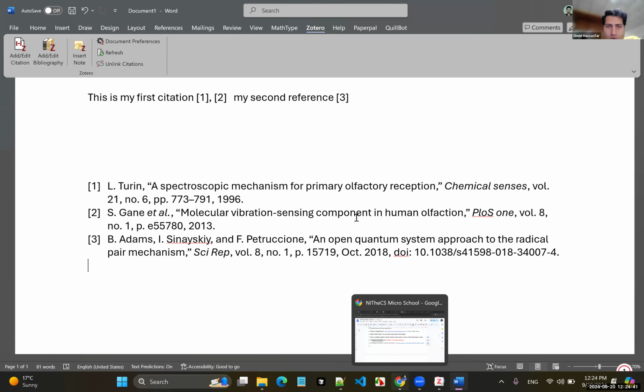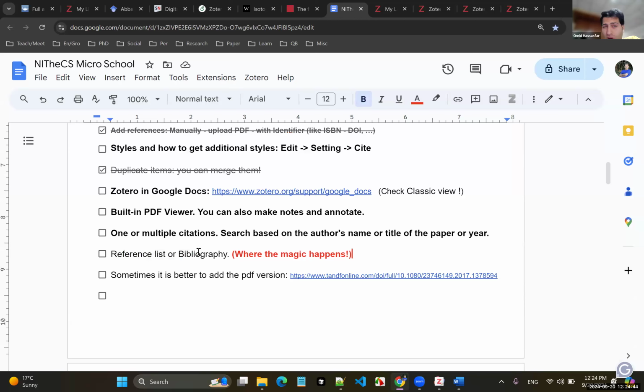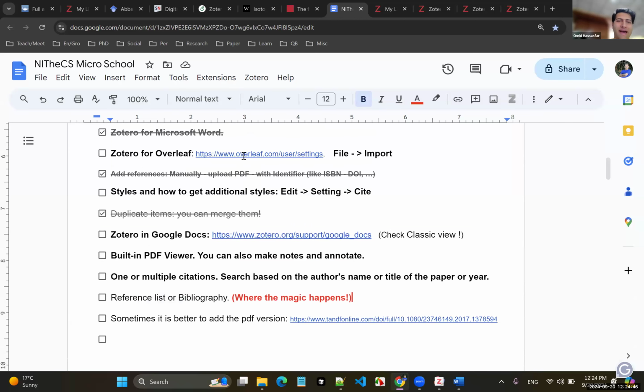Okay, technically we covered most important things. Of course, if you are a physicist or mathematician and a fan of Overleaf, you can use this there in Overleaf. There are some tricks that you can use. Maybe we can consider another micro school on how to use Zotero in Overleaf. And yeah, I covered this one, and I also covered this one: how you can add one or even multiple citations in just one single point in your